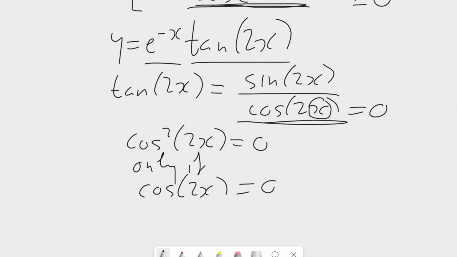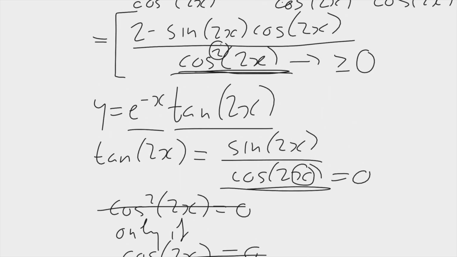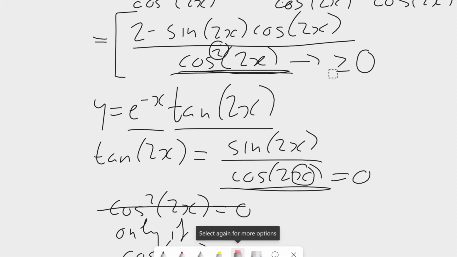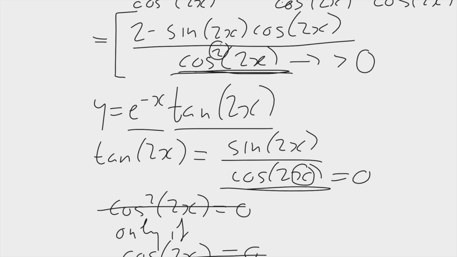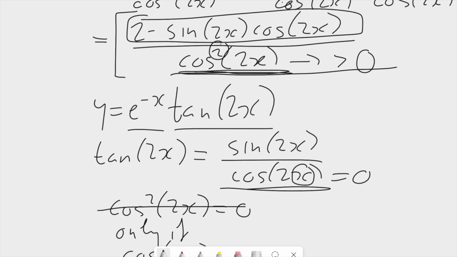But since we're excluding all these points, we are also excluding all these points, which means that we can just say cos 2x is greater than 0, because all the points where it is equal to 0 are being excluded. So that third hand, we have another thing which is always greater than 0. So now we just need to work with this top bit here and show that this bit is